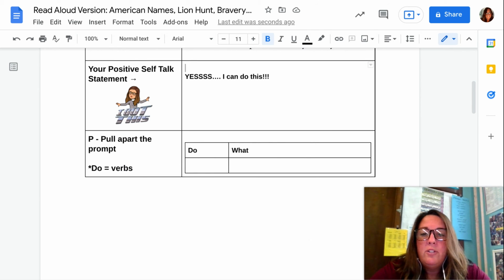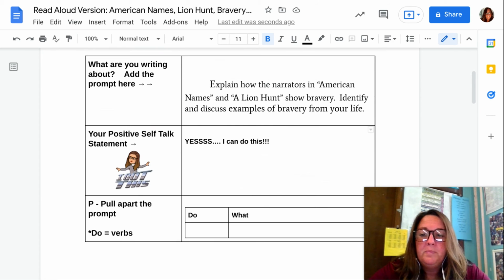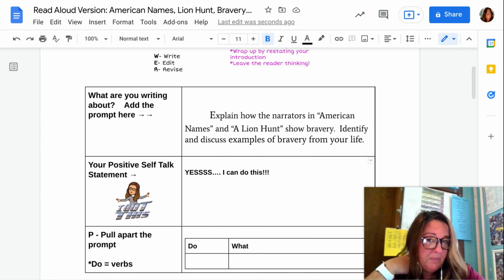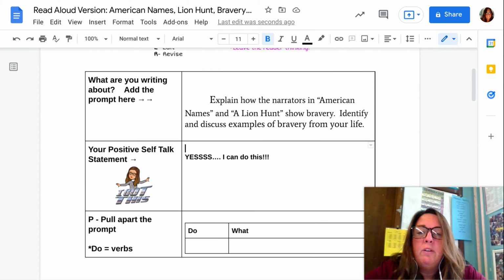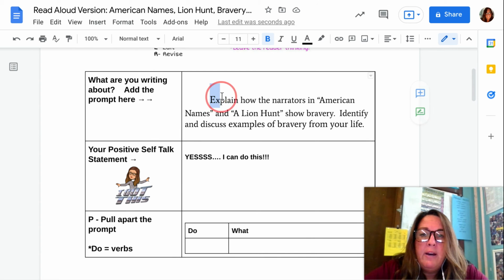All right. Next is the do what chart, or the P, the pull apart the prompt. When we look at the do what chart, we have to find the verbs in the prompt. So we have explain as a verb. We have identify as a verb.